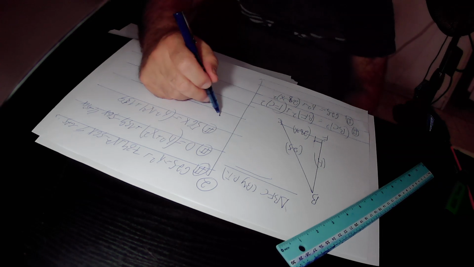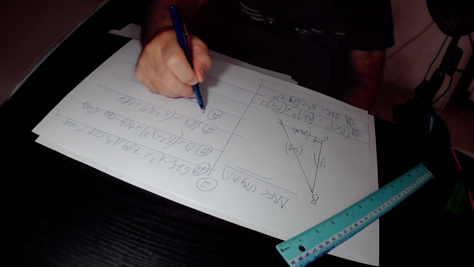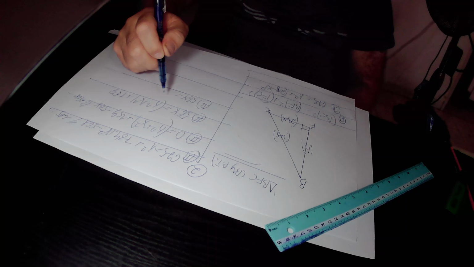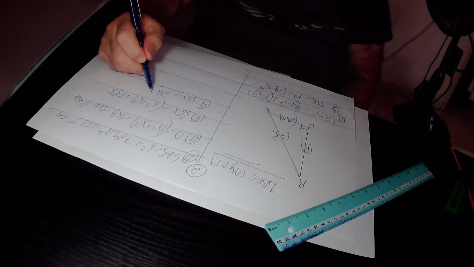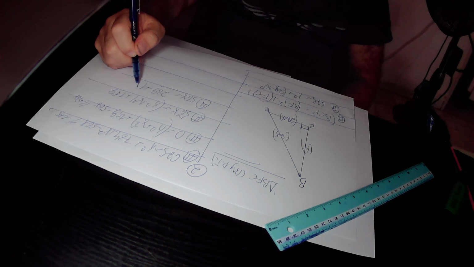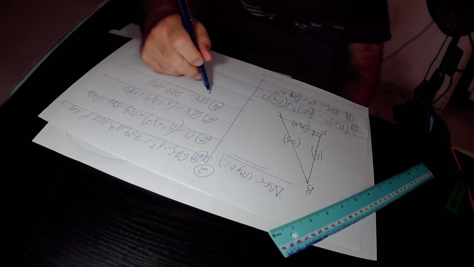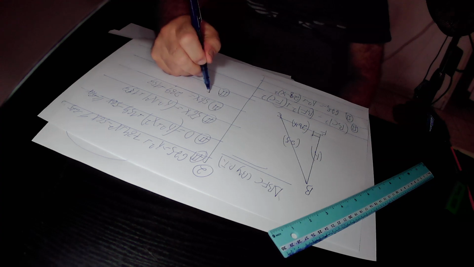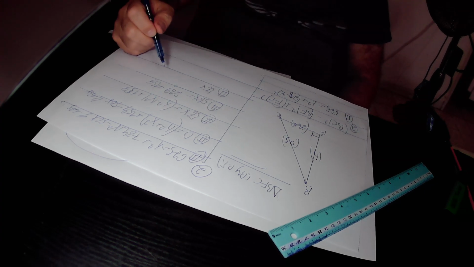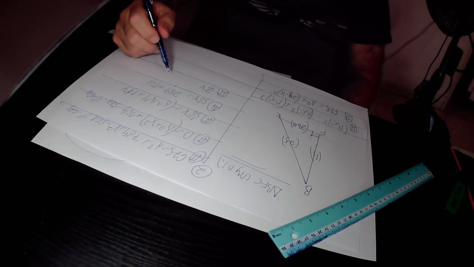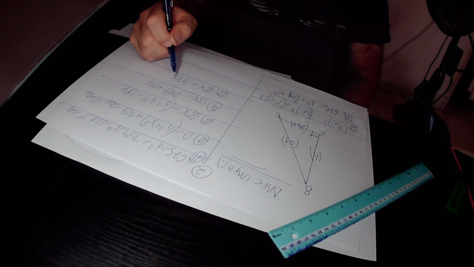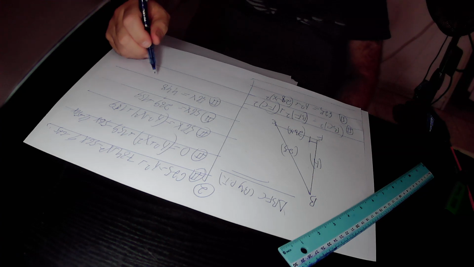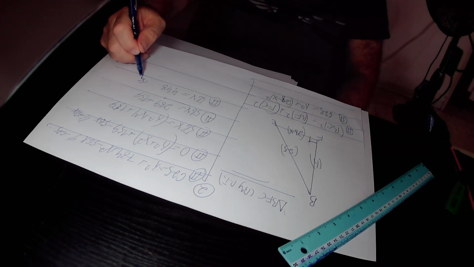According to equation 2, 56x equals 289 plus 159, which is equal to 448. So here we divide equation 2 by 56, and finally we get that